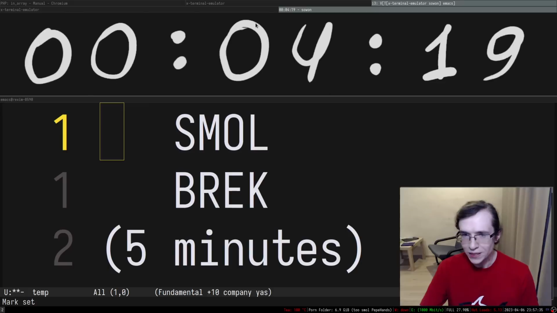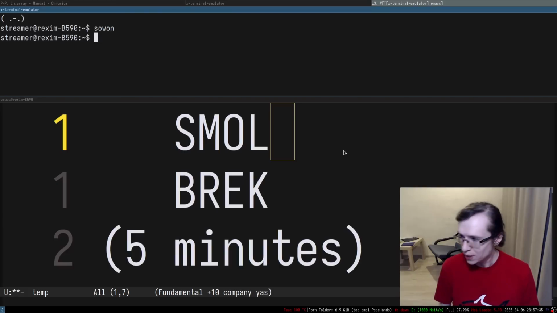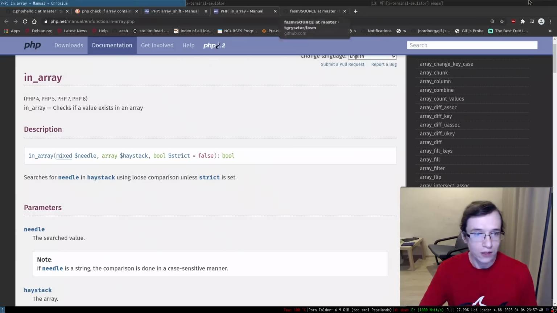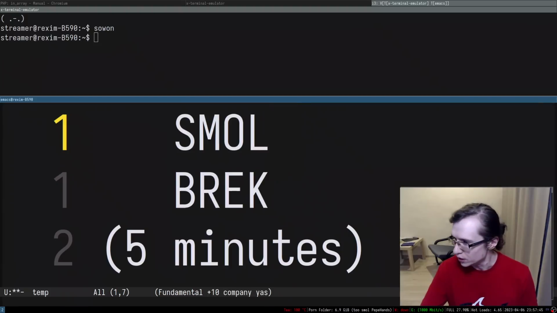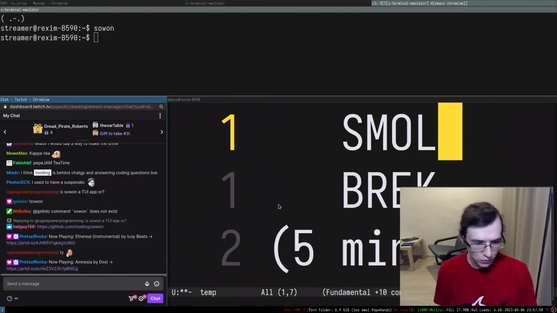Man, I'm looking at my webcam and it's lagging. What the fuck? I don't remember Twitch being this bad. What is it doing? Is that the network latency? I'm pretty sure this is the network latency.